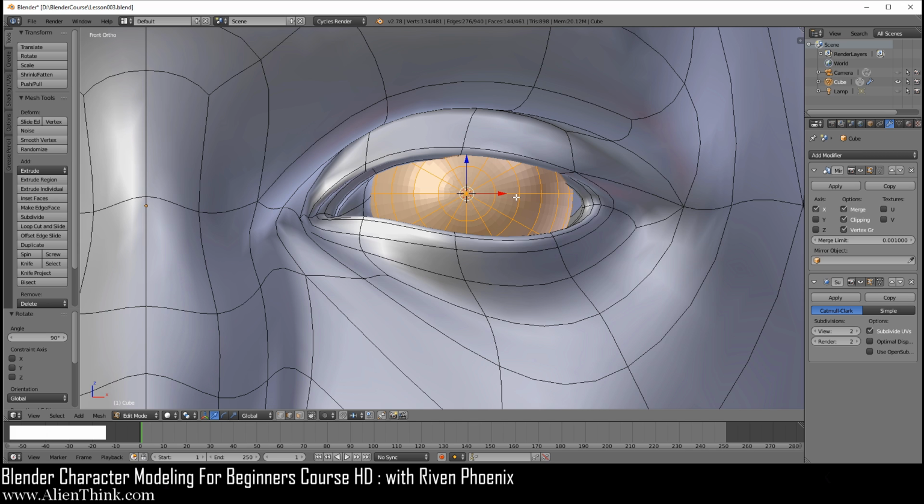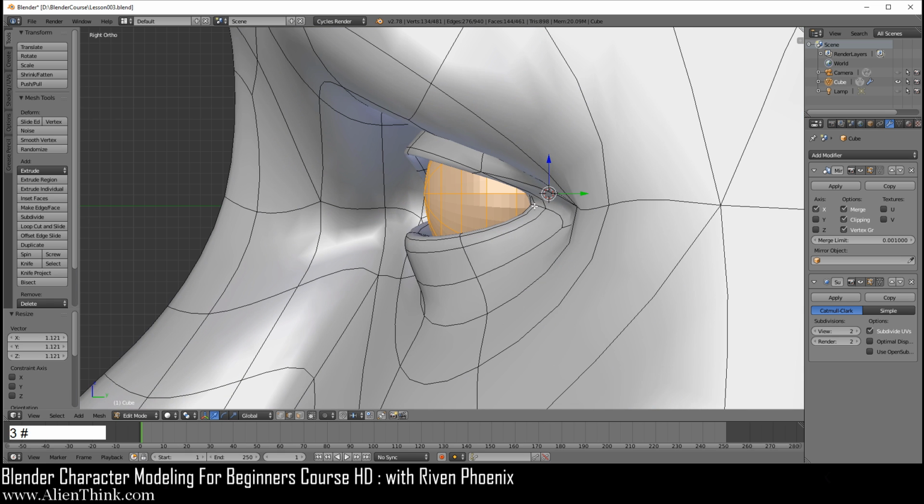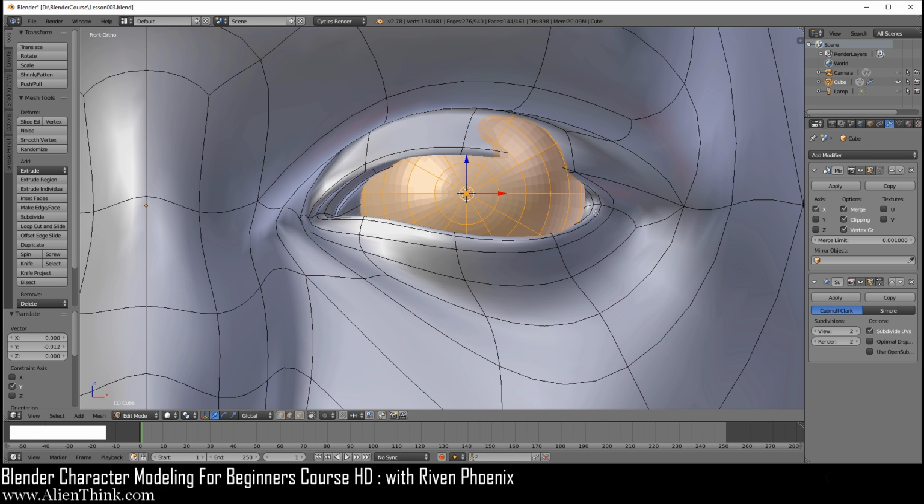And now we're simply going to scale this, press the S key and just scale it out just a bit over here. You see how it's coming through the eyelid? Don't worry about that. Just make it come right around here, okay? And go to your right view and just make it come right around here so it touches this area. This is where I'm staring at, okay? Front view, and I'm just going to scale it in just a bit more.